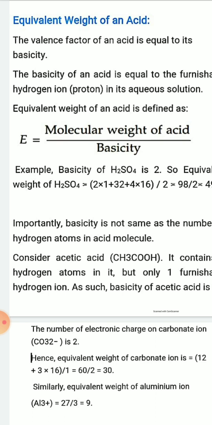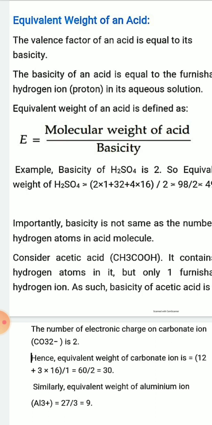The basicity of an acid is equal to the number of ionizable hydrogen ions, that is H plus ions or protons, in its aqueous solution. So E equals molecular weight of acid divided by basicity of the acid. For example,